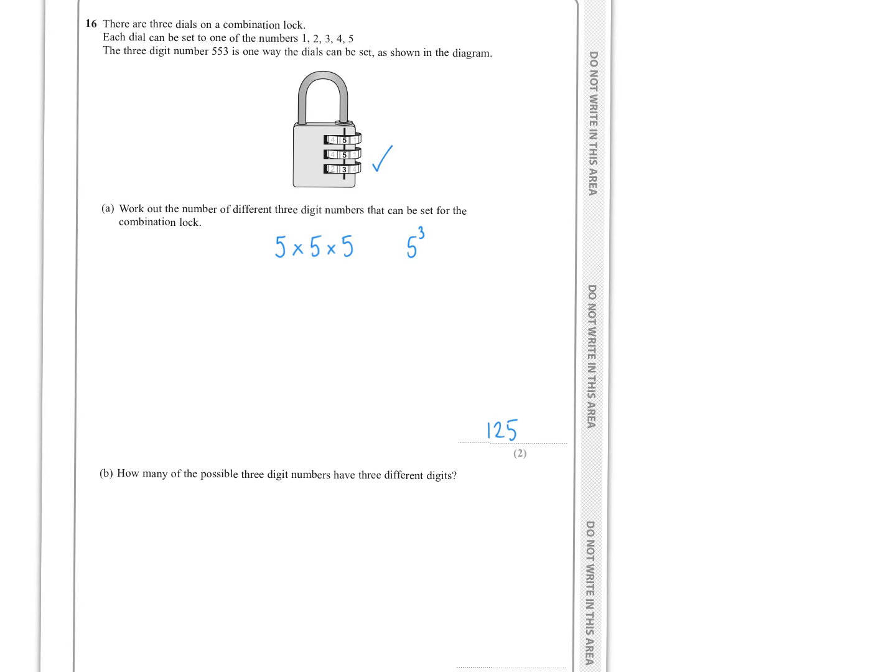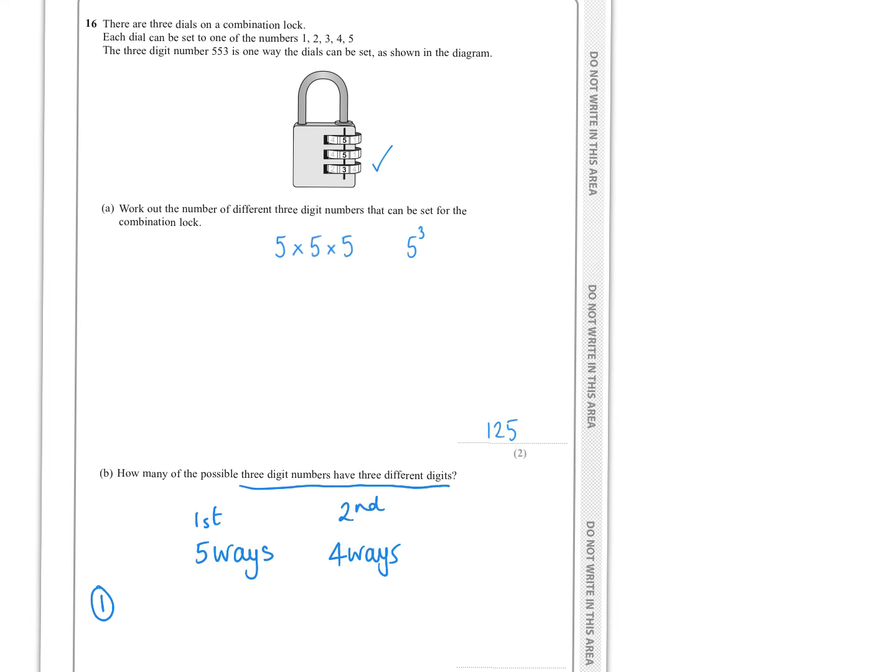Part B, it says how many of the possible 3-digit numbers have 3 different digits? Well, think about it this way. For the first position, you would have 5 ways, because it doesn't really matter which number you put in, you've got 5 choices. But for the second, say for example you chose a 1 in the first place, you couldn't choose that again. So you could choose anything but 1, so there'd only be 4 ways,